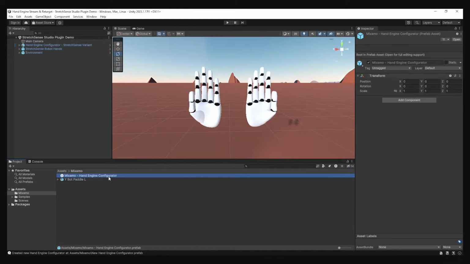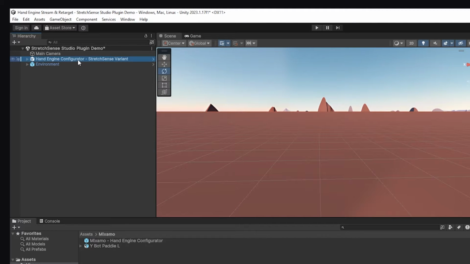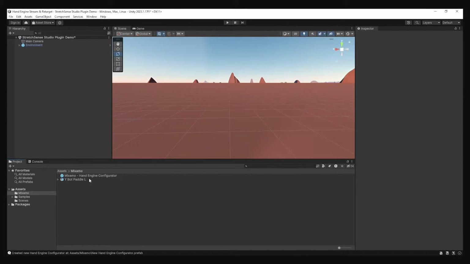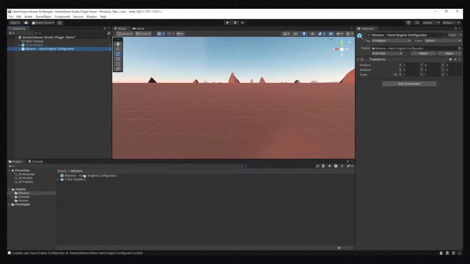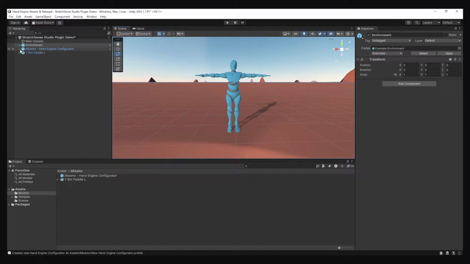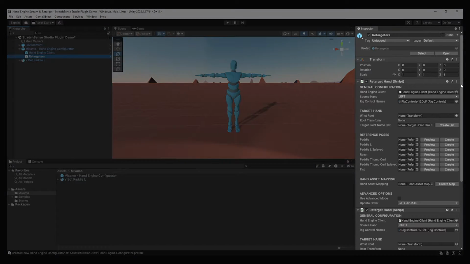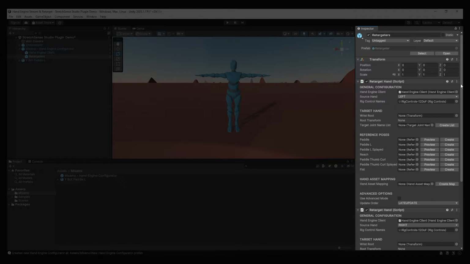As you can see in our scene, we already have a Hand Engine configurator, so we can go ahead and just delete that as well as the hand asset. After that, just drag in the new configurator and our custom character. Here, we will expand the configurator and select the retargeters. Once selected, over here in the inspector pane, you can see that we have a retarget script for both left